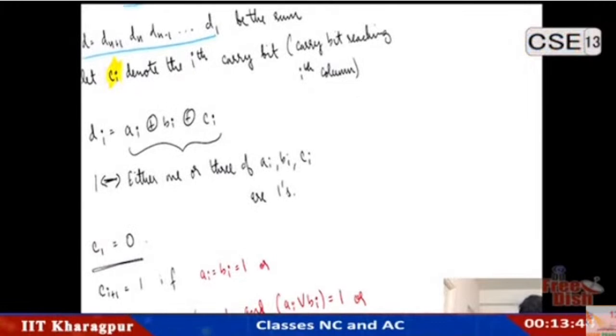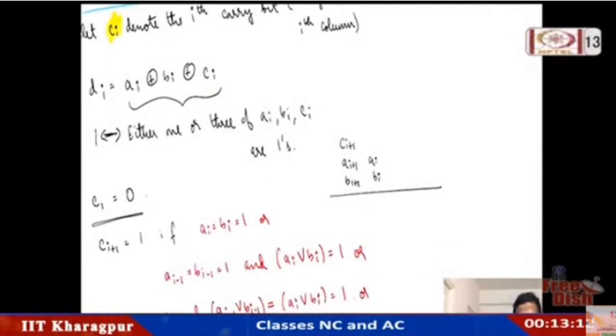Okay, Ci plus 1, so I will maybe write down here. Ci plus 1 is the carry at the Ai plus 1 and Bi plus 1. So let us look at what would have happened at Ai or Bi that resulted in Ci plus 1 being 1. It is possible that Ai and Bi are both 1s. If Ai and Bi are both 1s, certainly Ci plus 1 equals 1. Right? Other possibility is Ai and Bi are not both 1s, but at least one of them is a 1. Let's say one of them is a 1,